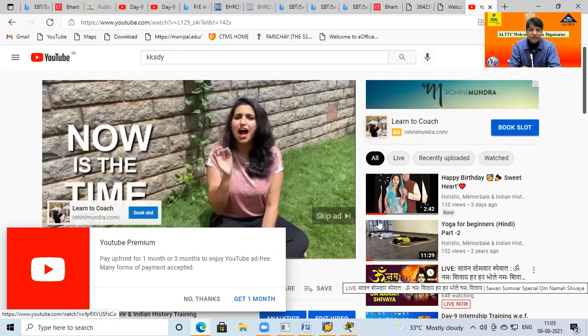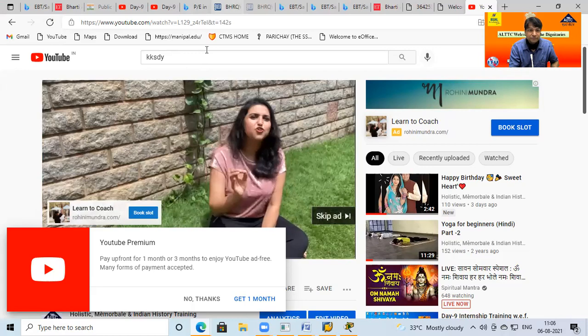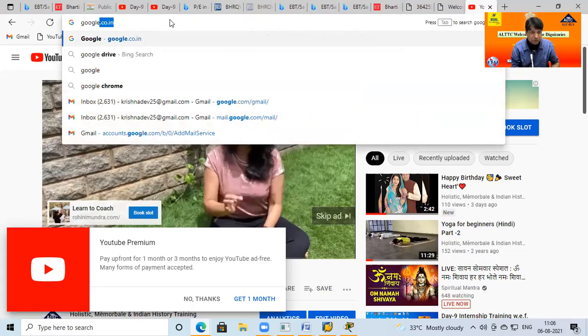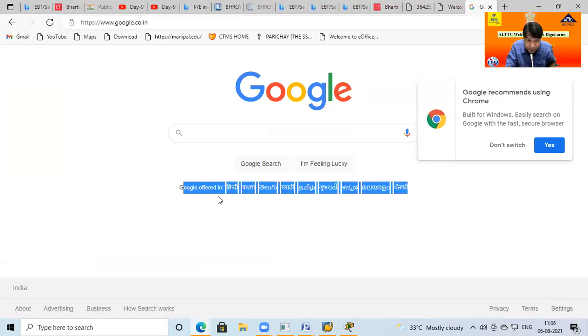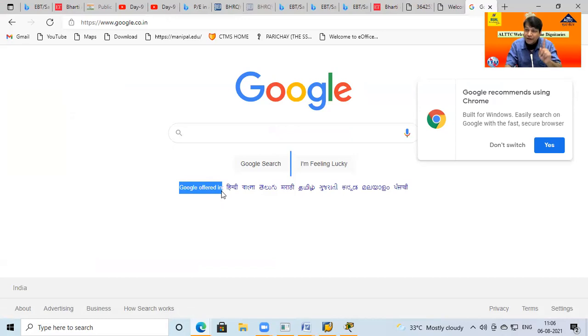And the same if you go for Google search. Here by default you can see Hindi, Bangla, Marathi. Here is a recommendation. Why this offer? How does it come? Due to artificial intelligence. Because my first preference is Hindi, then the second preference is Bangla, then the third preference is Marathi and others. If you are searching, your recommendation will be here in your local language. Okay, so this is artificial intelligence: any device that auto senses what a human wants.